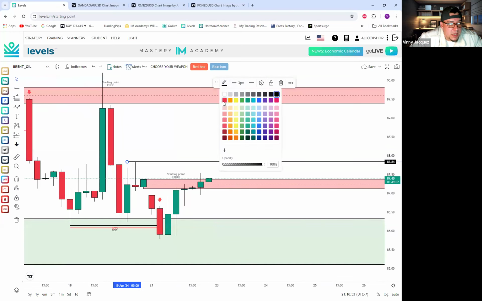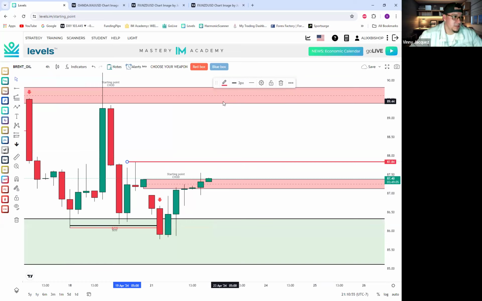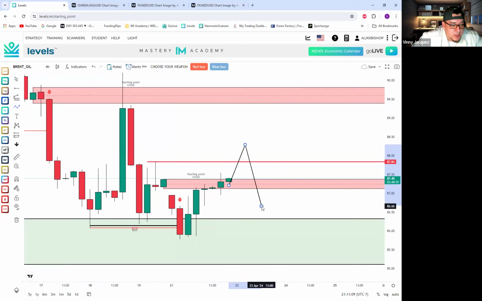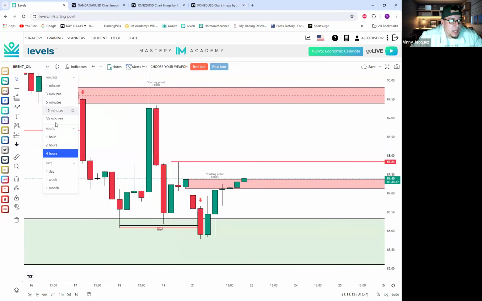If you're looking to be a little aggressive with buys with Brent oil, this is what I would be looking for, right? Especially with the way Oren teaches the starting point. If the starting point gets violated and stop loss gets broken and closed above, we can now look for some buy opportunities, right? This would be the setup within the setup. So if we drop down a time frame,